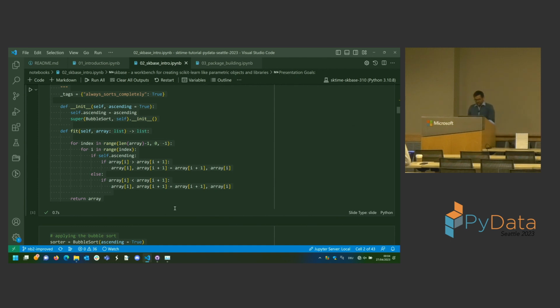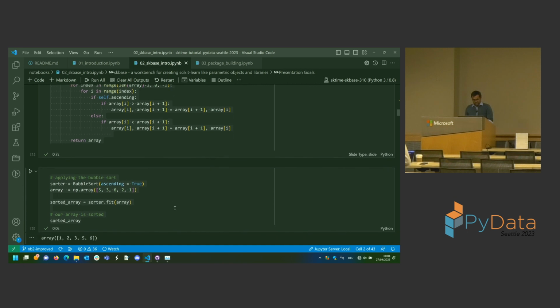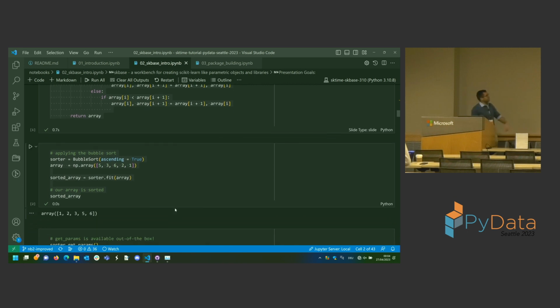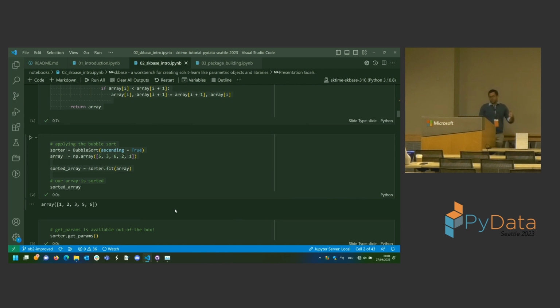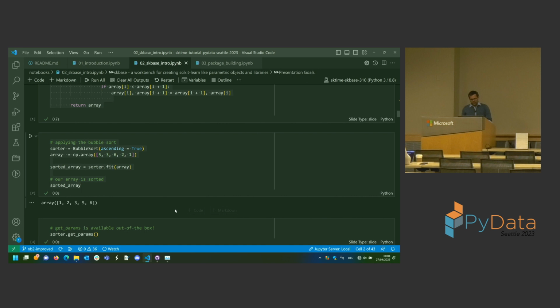All right, so if seeing is believing, this will actually go ahead and sort the array for you. All right, so the idea then: this is fairly simplistic. We have one method, fit, and it inherits from the base object. So when you inherit from base object,